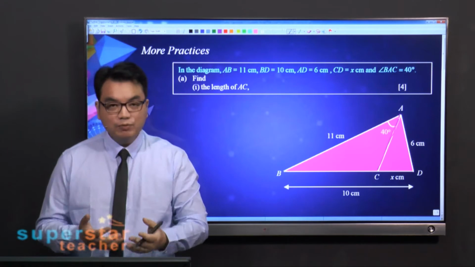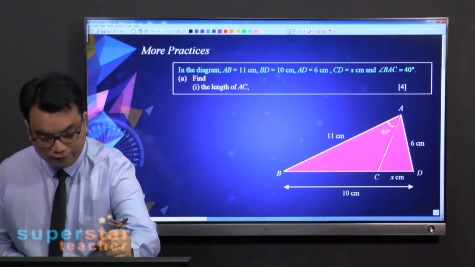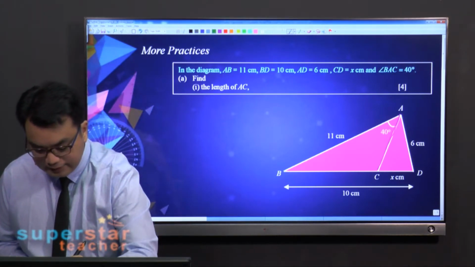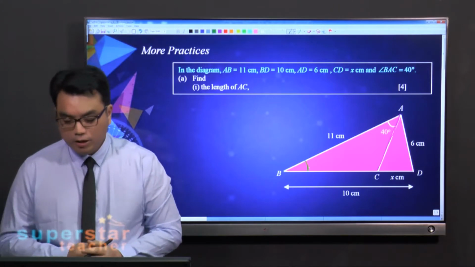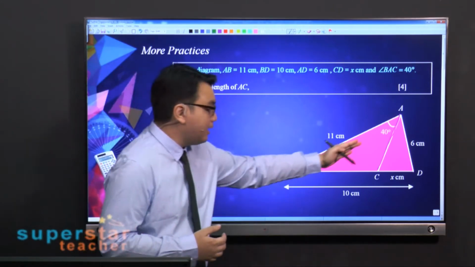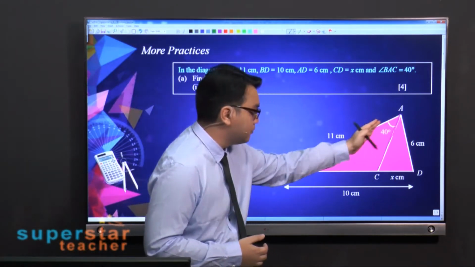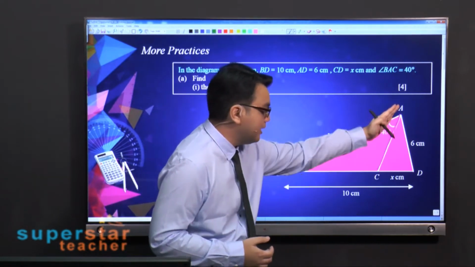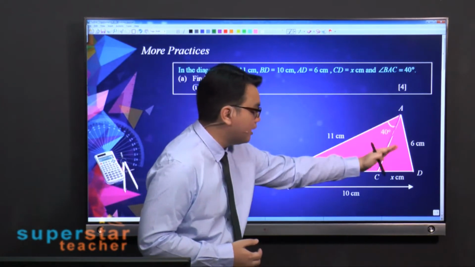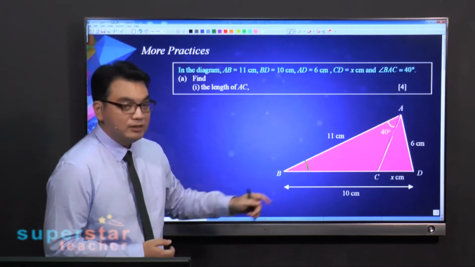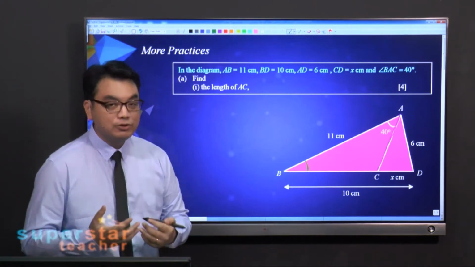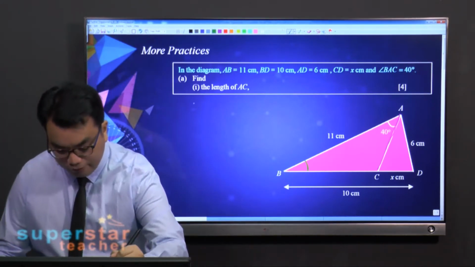So one way is to find this angle first. In order to find this angle, I look at the bigger triangle first. So you ignore this line AC, you just look at the bigger triangle. So can we find this angle? Yes, we can. So we can use cosine rule. So therefore,